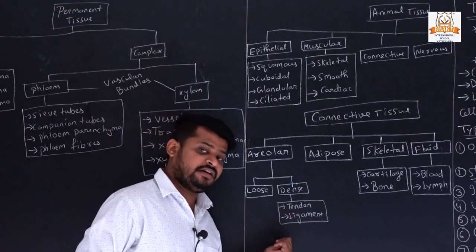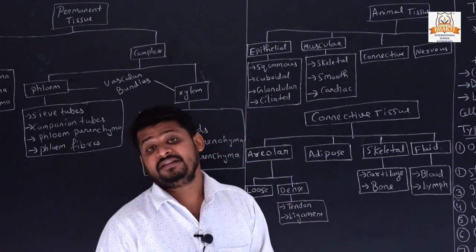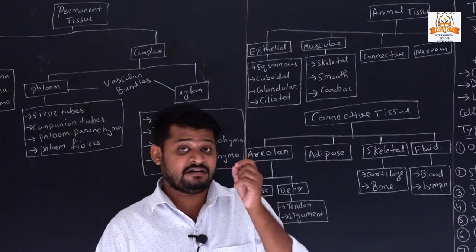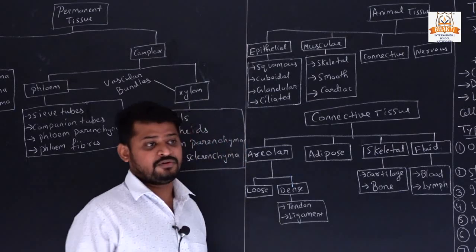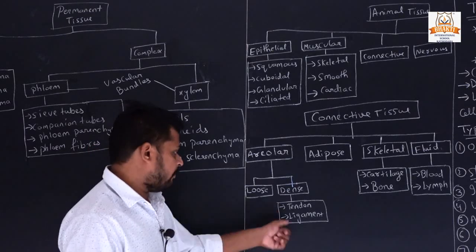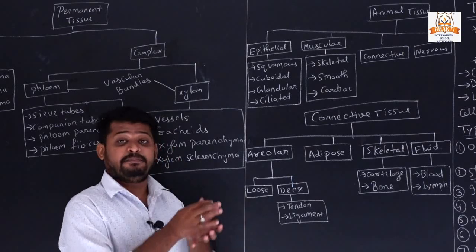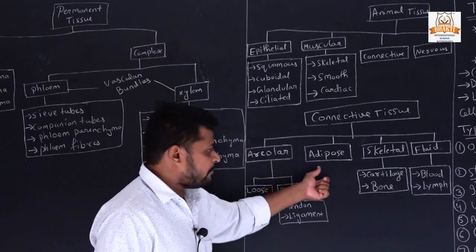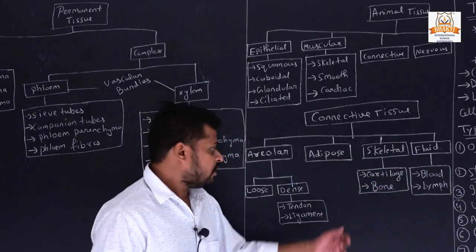We already studied in our lower classes about ligaments that are present between where two bones are joining with each other. The ligament protects our bones so they don't rub and make friction. In this chapter we will study all these parts briefly. So adipose and skeletal. The third one, skeletal, also has two types: cartilage and bone.